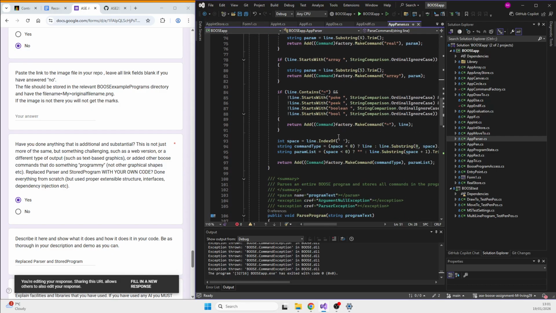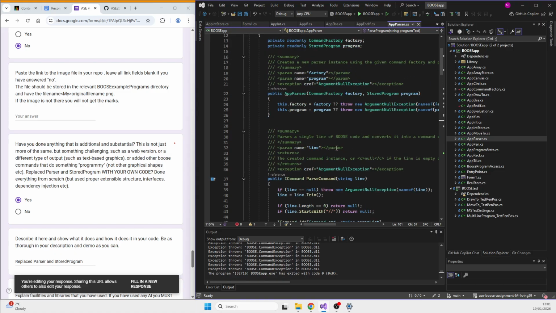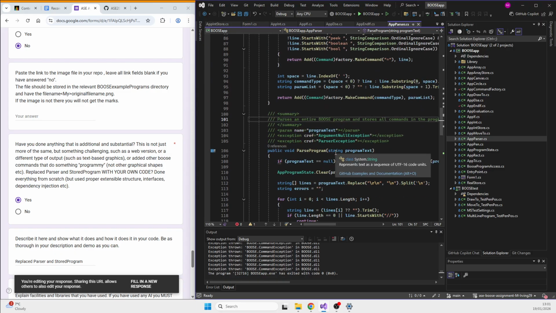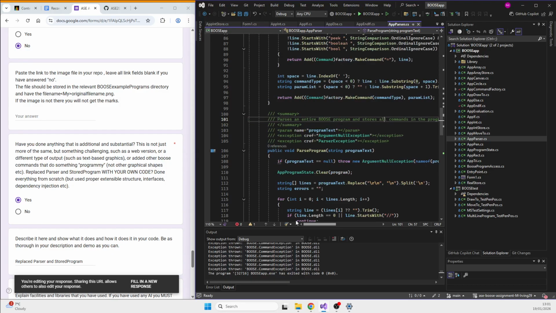These are just all the ifs, and yeah. Parse program, it will just parse the entire BOOSE program. I'm not really sure if this is needed, but it's here.